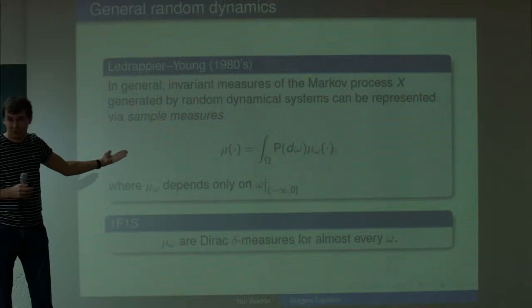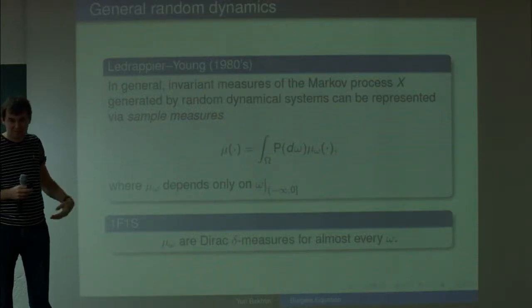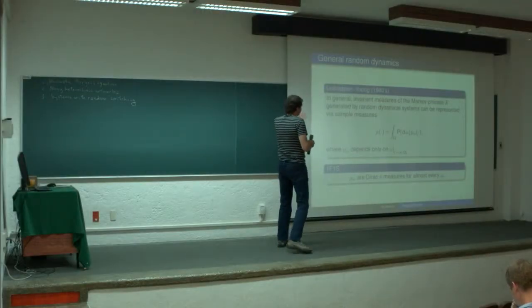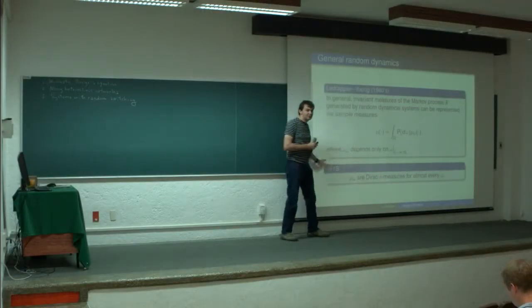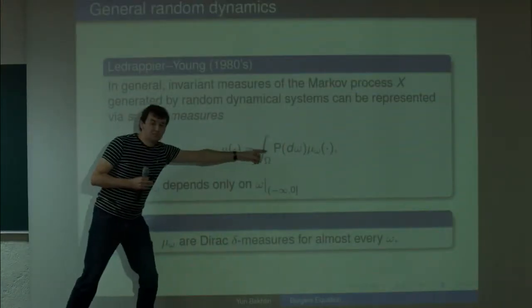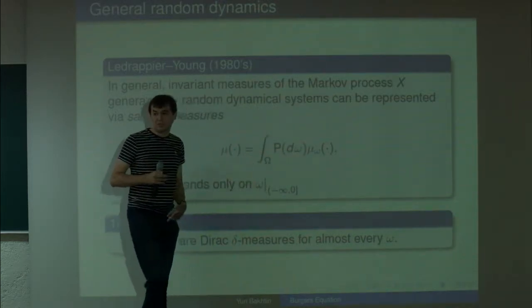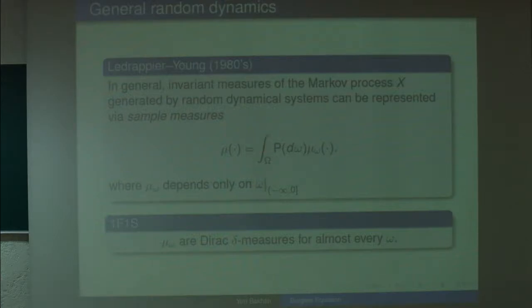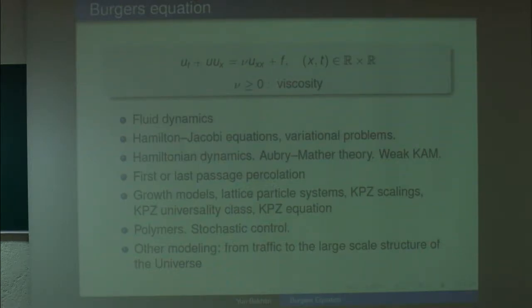It's not hard actually to prove this theorem using some martingale convergence methods, but I'm not going to talk much about this. So I'm just showing this, but I'm going back to the one force, one solution, where all these sample measures are Dirac deltas. So there's uniquely defined present by the past. Okay, so now I'm ready